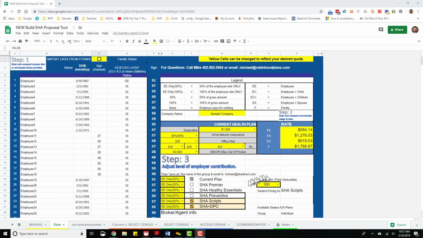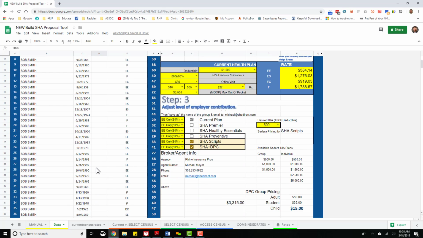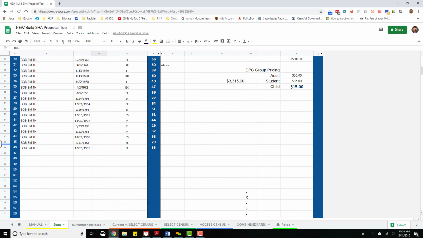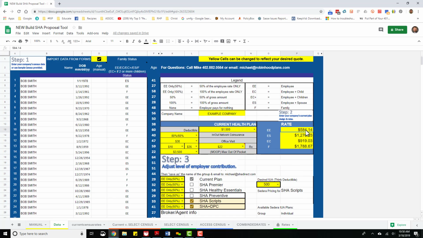So how does this look on my end? Once the information is in, or you've sent it to me, I copy it and put it in here, or I pull it from the online source. And I made everybody Bob Smith with just random birthdays and family status. So we have, in this case, a 46 employee group. And I'll use some data from an existing quote that I'm working on. This is a nursing home